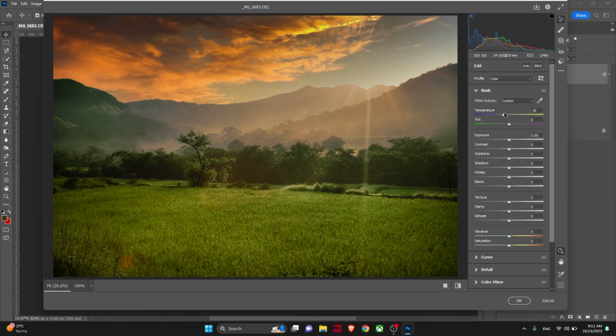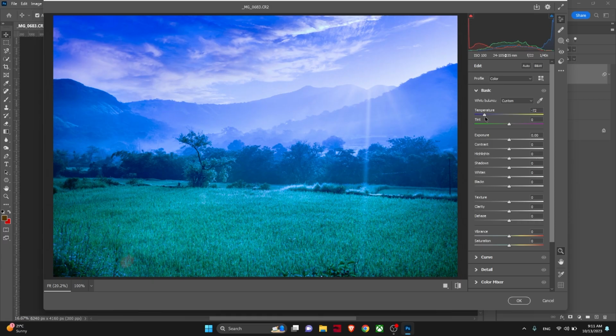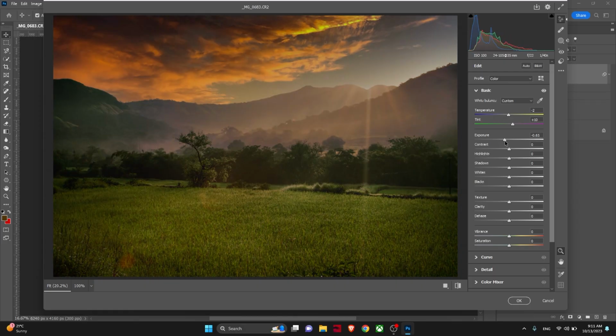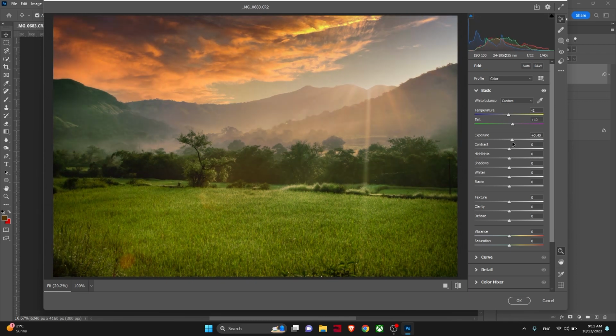Here I can make some changes in the temperature. Okay, look at this, this is changing like this. All right, now exposure we can just decrease. See the drama that this image is creating. We'll just increase exposure a bit and increase the contrast too. And now, wow,